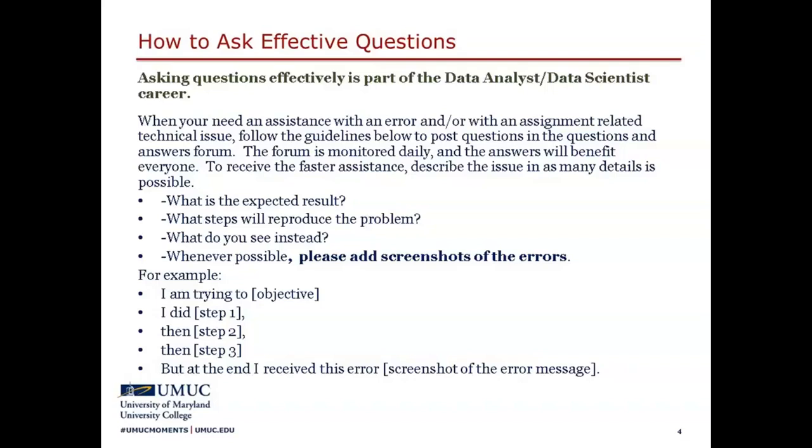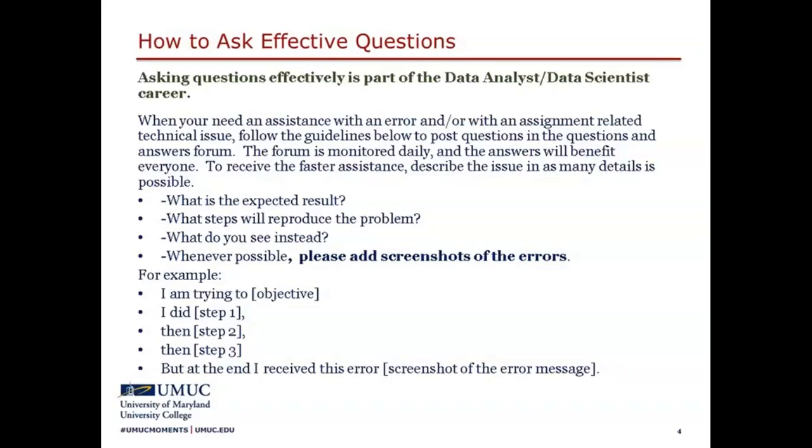Instead, I see this, and I put a screenshot, something along this line. And also, you might want to include what you tried to solve the problem, and even if it did not work for you, you still mention it. And very important, you have to put a screenshot of an error message or the result that you did not expect.